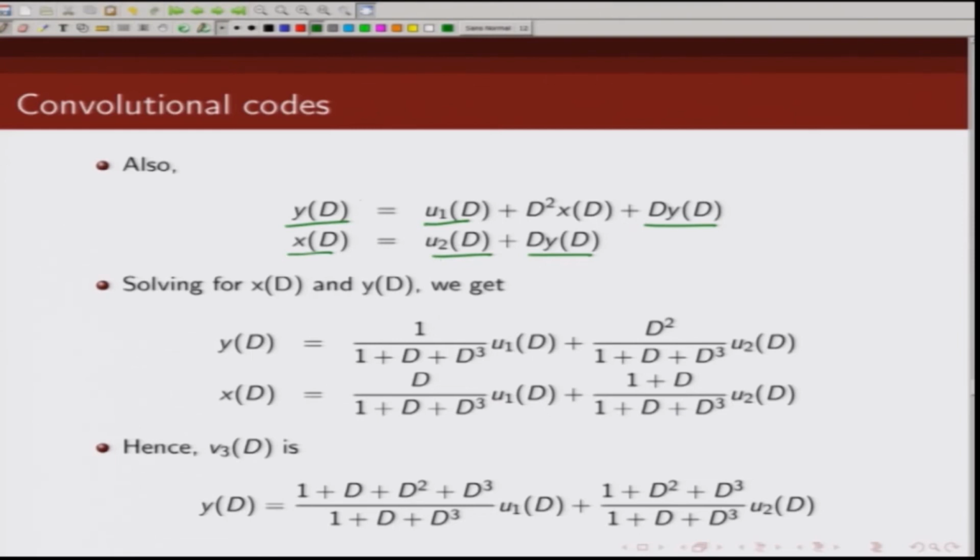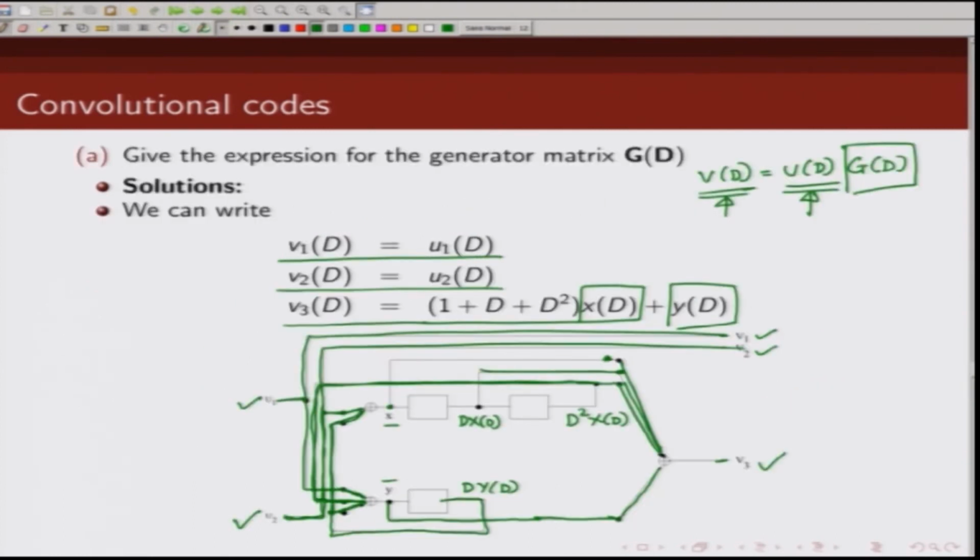So, let us bring y of d at one side and x of d at one side and write them in terms of u1d and u2d. If we solve this, what we get is y of d is given by this and x of d is given by this. Now, we plug these values of y of d and x of d into here,